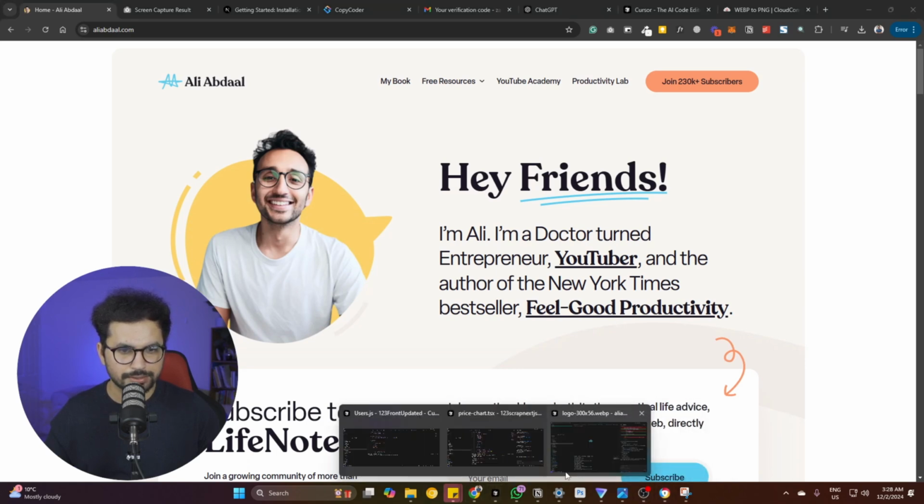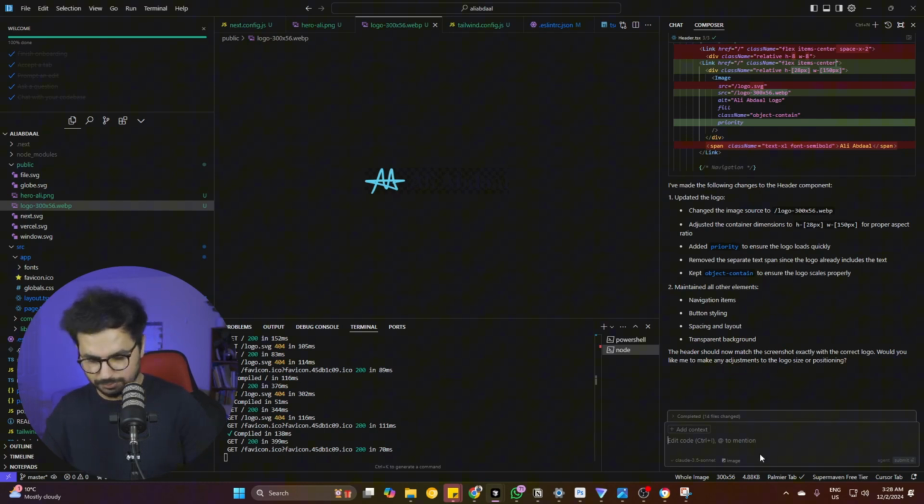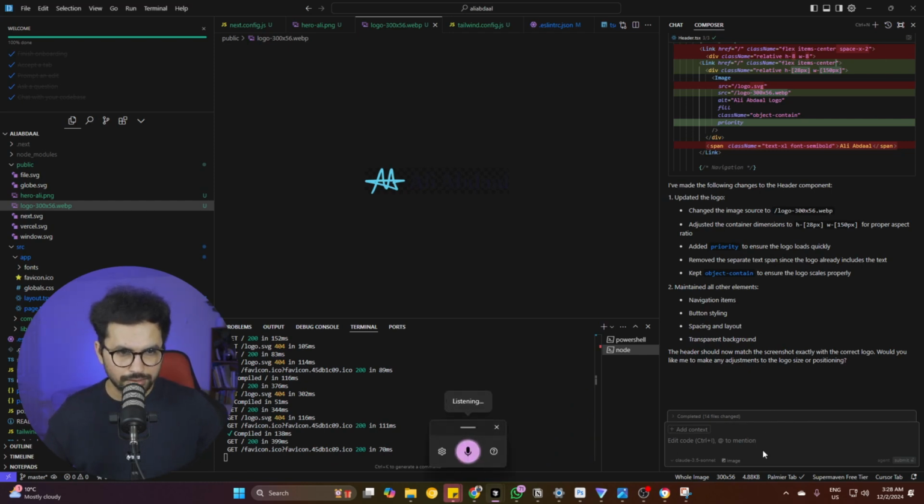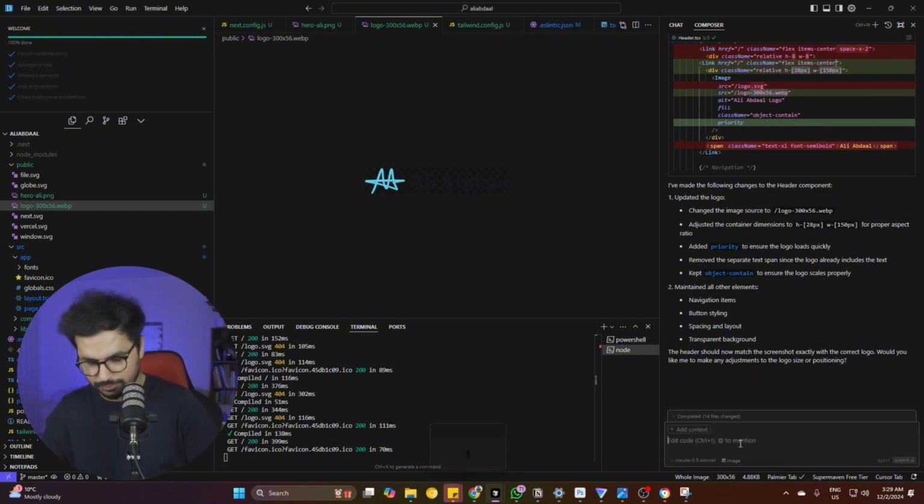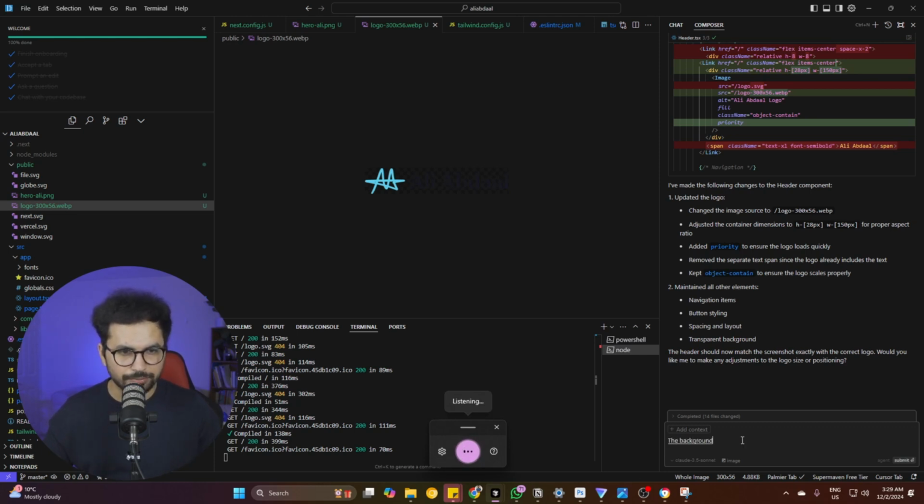Let me just go back to Cursor. The color of the header and hero section is the same. The background color of the header and hero section is the same. Please add the header section into the same color area. The color code is